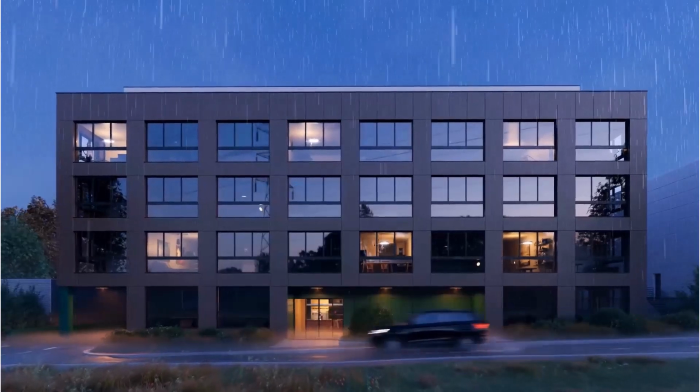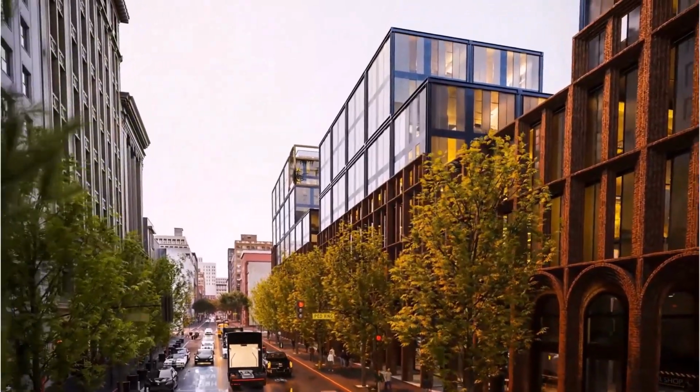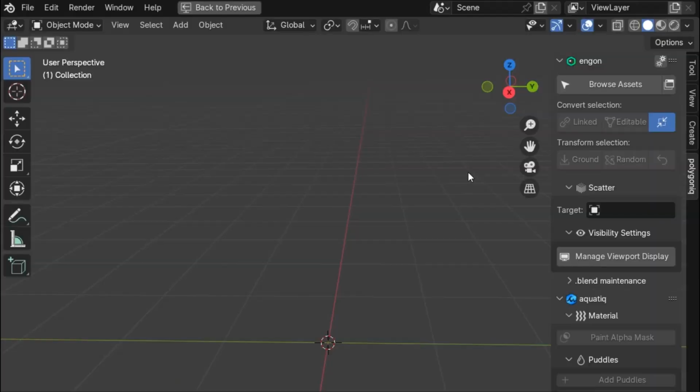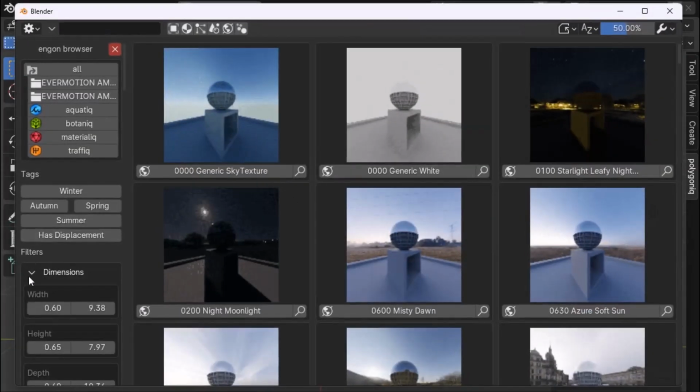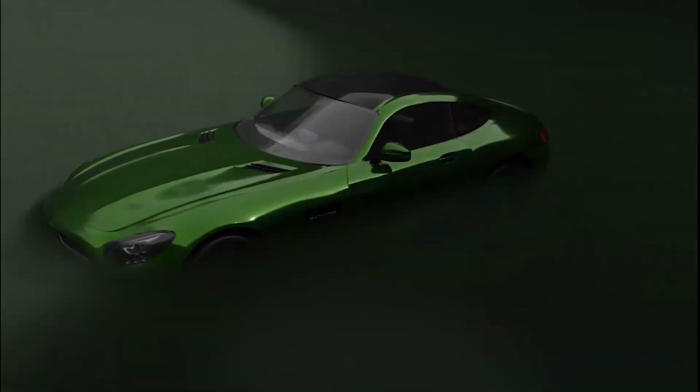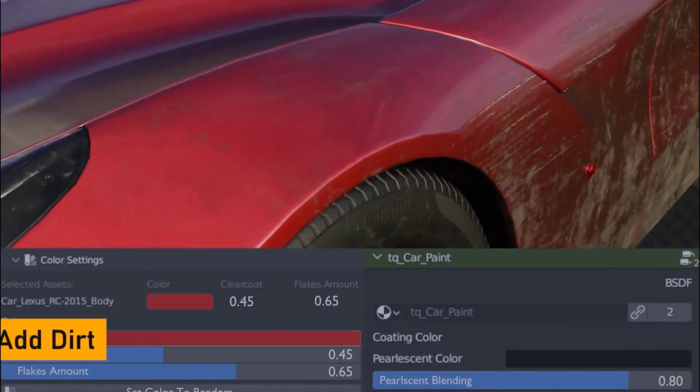So, the folks at Polygonic have recently announced TraffiQ 2.0. The idea behind this is to convert TraffiQ 2.0 to be compatible with a brand new Endgon asset browser and at the same time give you opportunity to explore and play with the road generator tool that now comes with it. We all know that TraffiQ offers an amazing set of high quality models that comes pre-rigged with an interesting